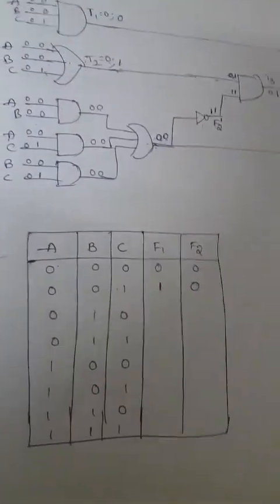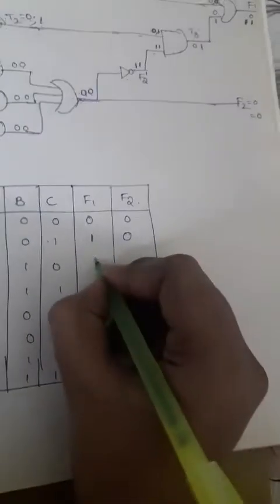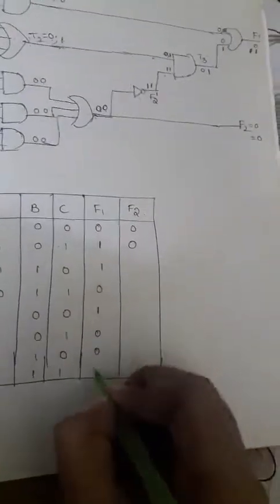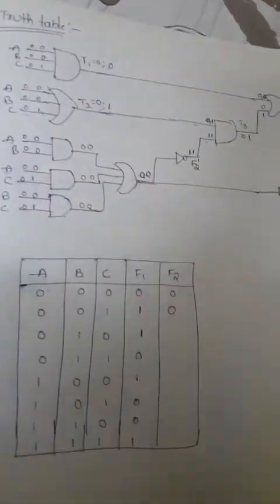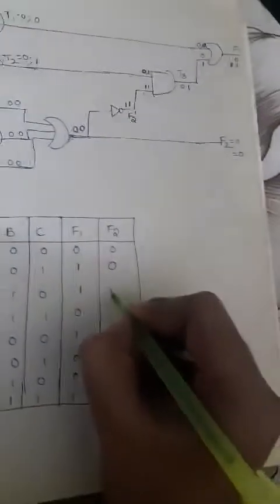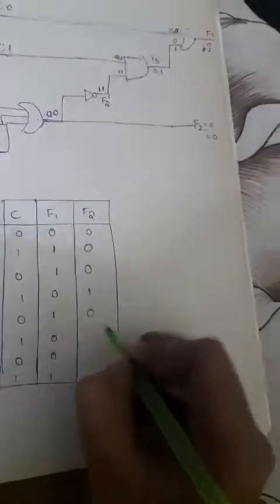So directly I will write the values. Depending on these gates you can find the result. Okay, so directly I will give the result here. So actually what is the result here: 0, 1, 1, 0. Directly I will give the values, you can find it based on that procedure. Just substitute the ABC values, and based on the gate operators you can find the result. Okay, so here this is 0, 0, 1, 0, 1, 1. So this is the truth table for this logic gate.